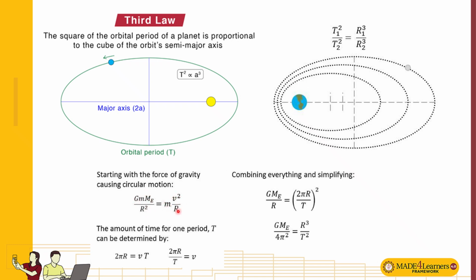We get the relationship between these variables. We can remove m since we can divide the whole equation by m. So we are going to get the relationship between the orbital period T and the radius,